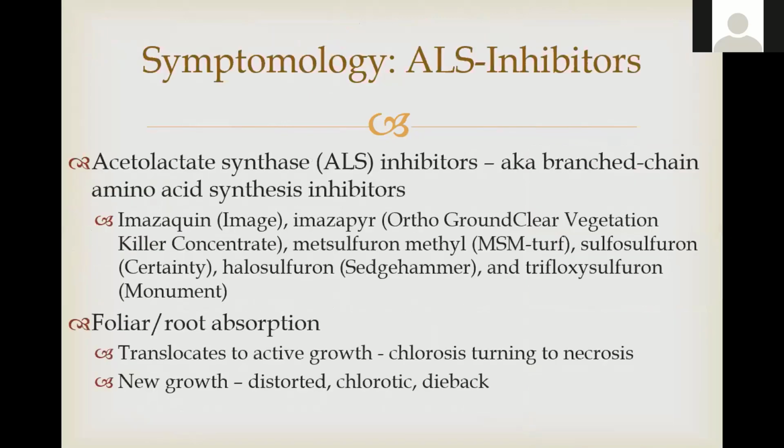Now you move over into the ALS inhibitors, so acetolactate synthase inhibitors. Basically, it limits enzyme production in amino acid synthesis. These are also called the branched-chain amino acid synthesis inhibitors, if you're interested in that. You've got a lot of different herbicides. A lot of what we use in forestry, some of the heavier duty herbicides, are going to fall into that group. And then, of course, some of the things like MSM Turf, and then Sedgehammer, Certainty,